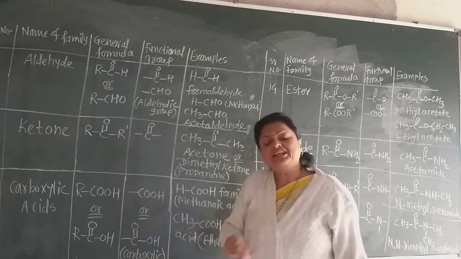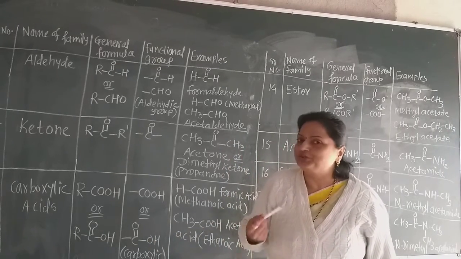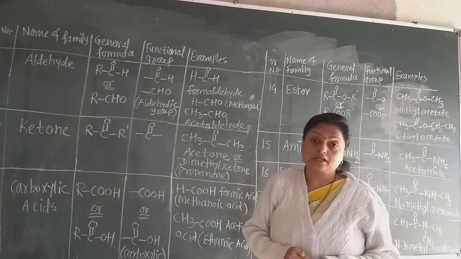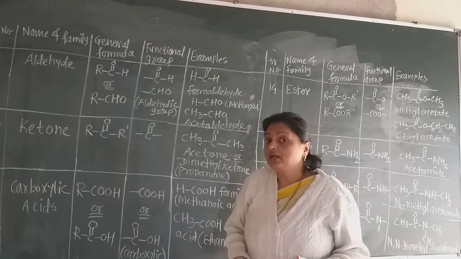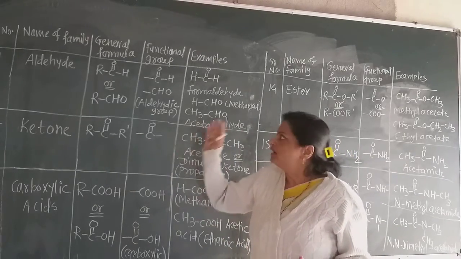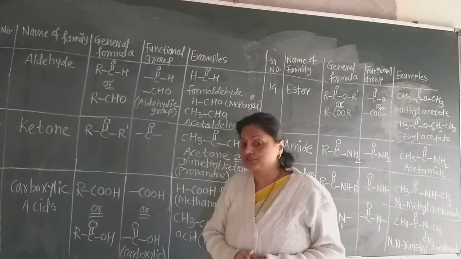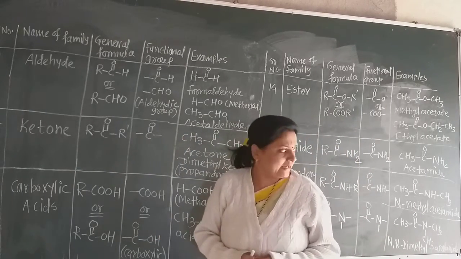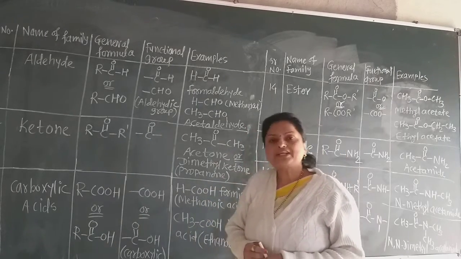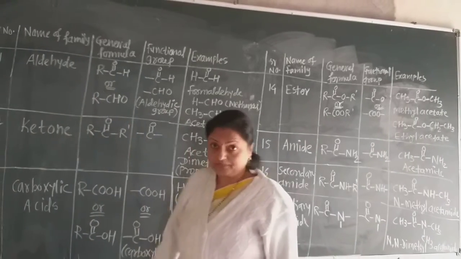So in 12th standard you have the chapter of the carbonyl compounds, and in that there are aldehyde, ketones and carboxylic acid to study. But this year you must be familiar with their general formula, functional group and examples and name of those compounds. Now see how the common and IUPAC names of these compounds are given. Now the first family, the 11th family, is the aldehyde.